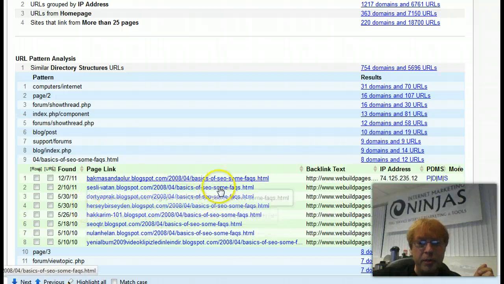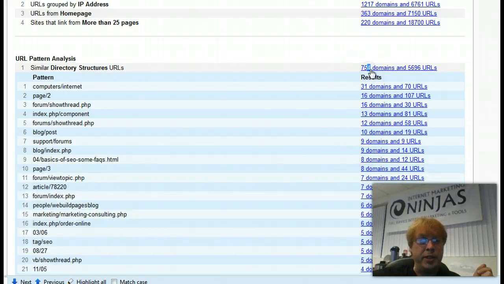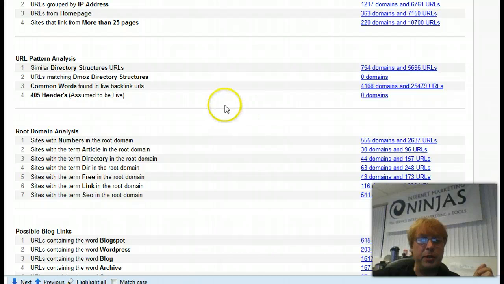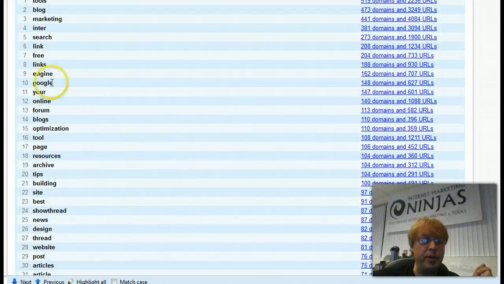It looks like someone's taking the same article and publishing it on a bunch of different Blogspot subdomains. And if I'm not quite sure what that is, and it looks like it's just duplicate content junk, then I might, all right, let me block all those subdomains. I don't want that stuff either. So let's see, under pattern analysis, there's a whole bunch. You can get the DMOZ scrapers, common words found in backlink URLs. You often can find weird things in here, and you're like, what's this? And you can click